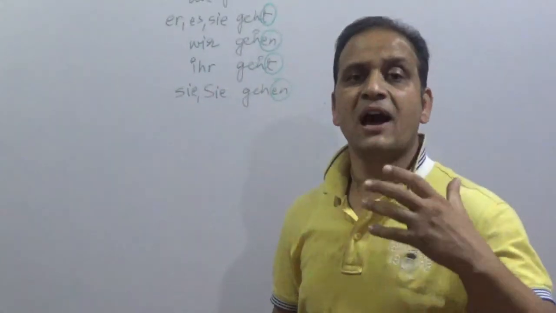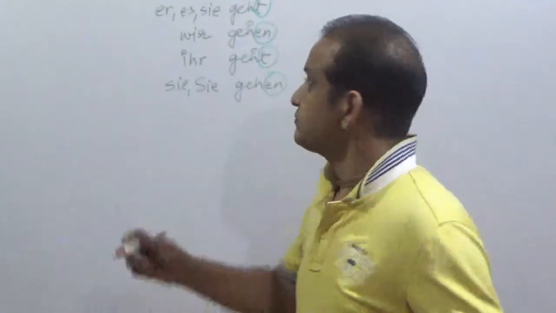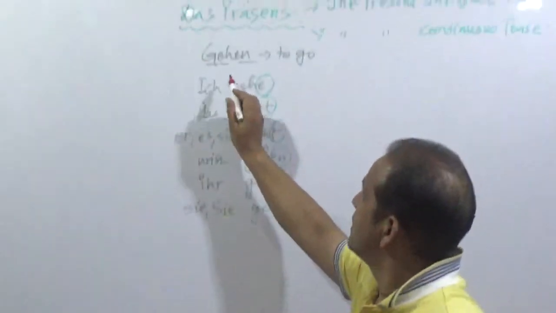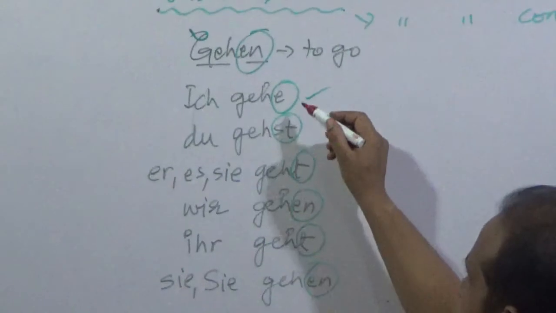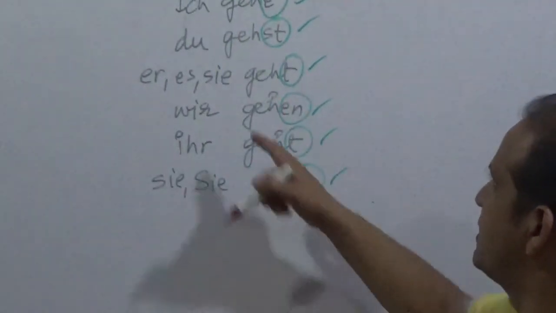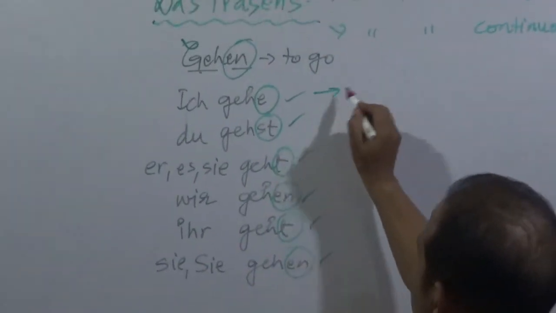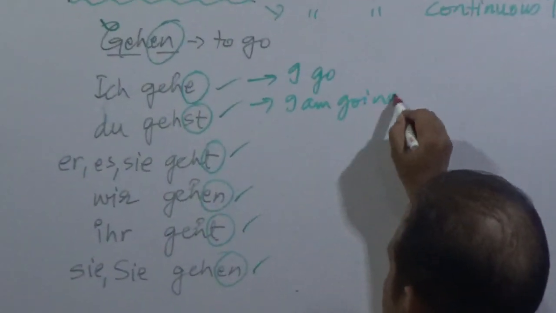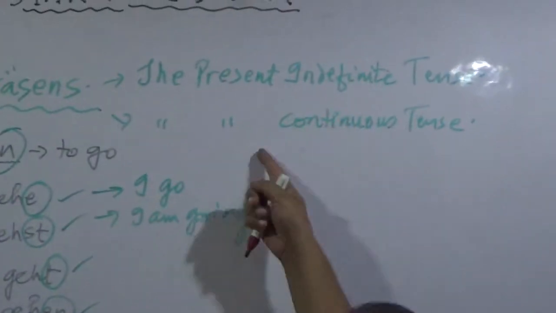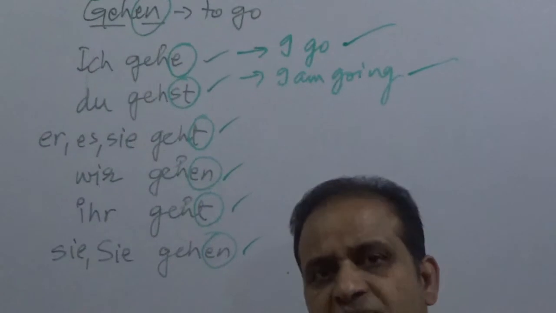First of all, we will understand how we make a sentence negative in English, and then we will understand in German. The verb conjugations you already know. For example, gehen is a verb which is ending in en. En changes into e or st or t or en or t or en as per the subject. For more details, you can see my previous videos. So ich gehe means I go or I am going, because these are the conjugations under the tense that is called das Präsens, which means the present continuous tense and present indefinite tense. Therefore, ich gehe means I go or I am going. That is correct. That is clear.